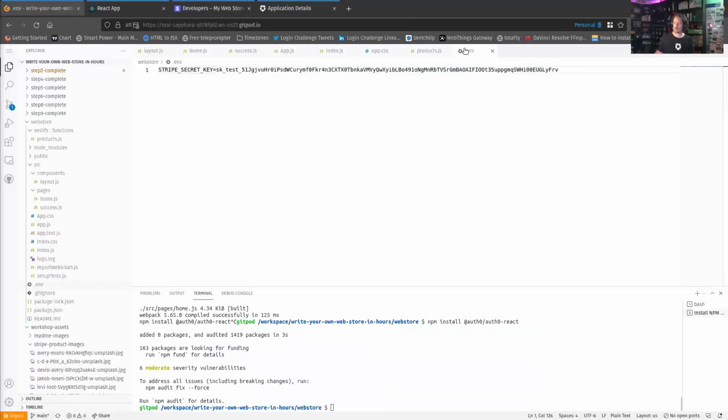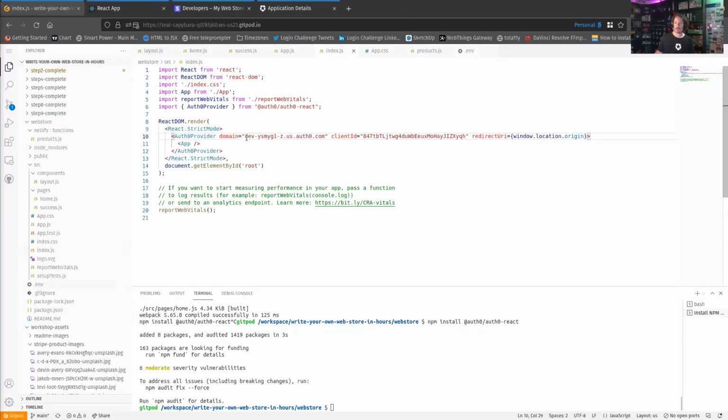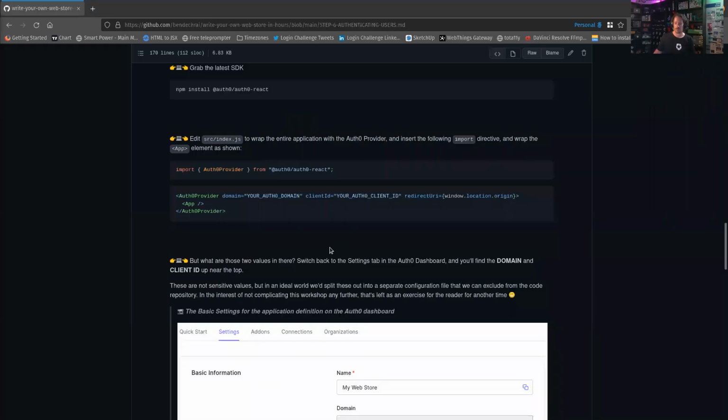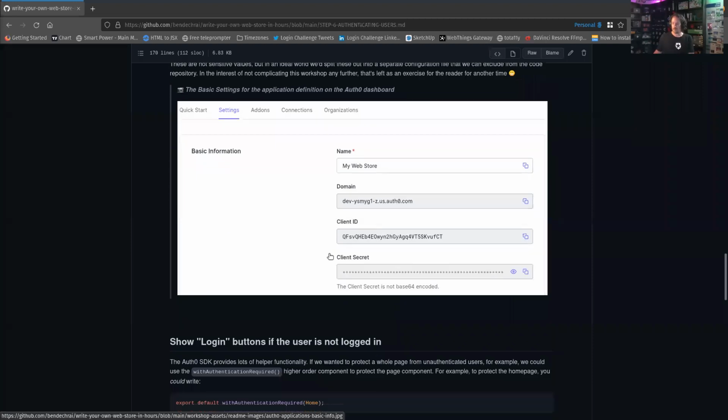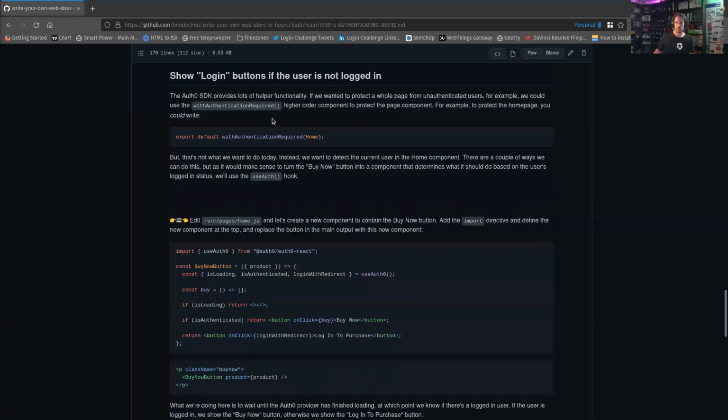And feel free to implement these into environment variables as an exercise in your own time if that's something you want to do. But for now, we're just going to hit save on this one and continue, keep the momentum going. So we've done that, and now what we want to do is show a login button if the user is not logged in. So let's jump to the home page,